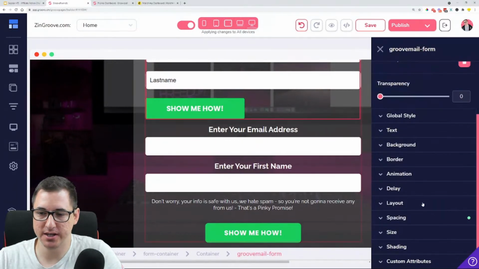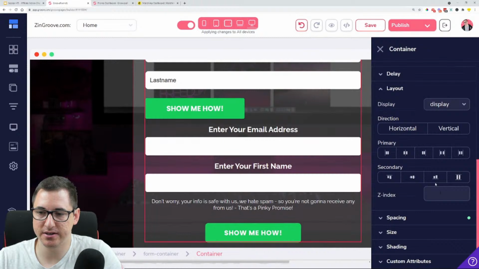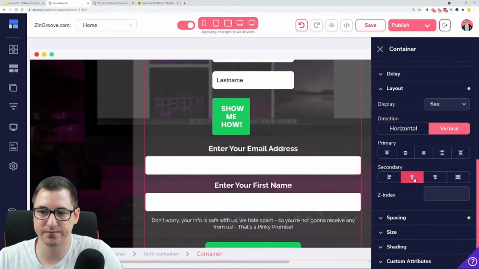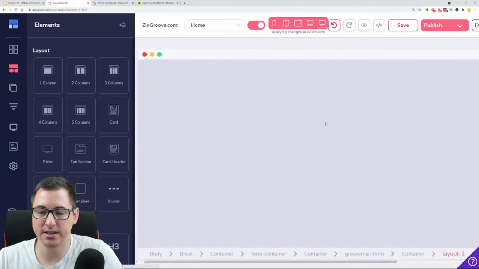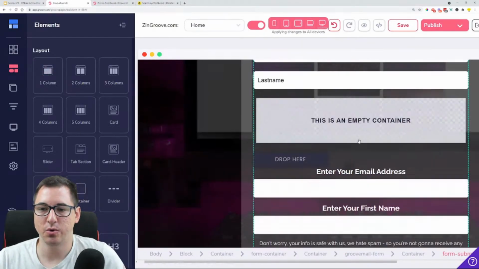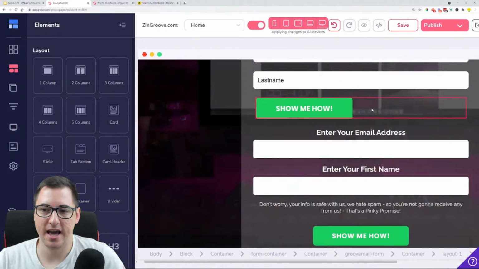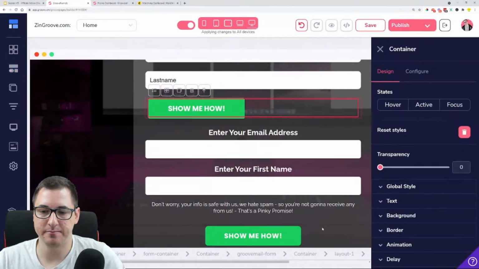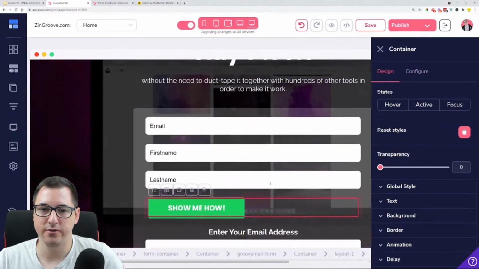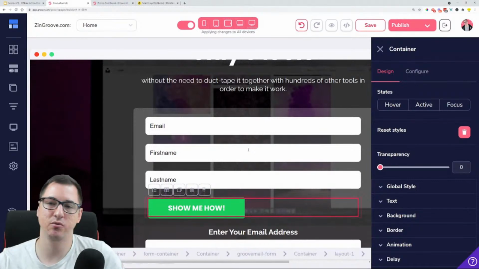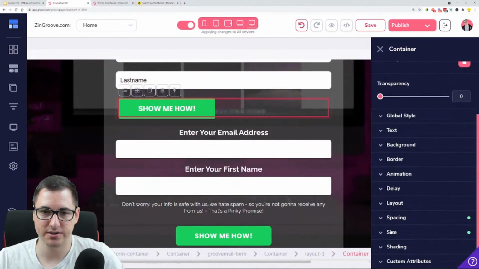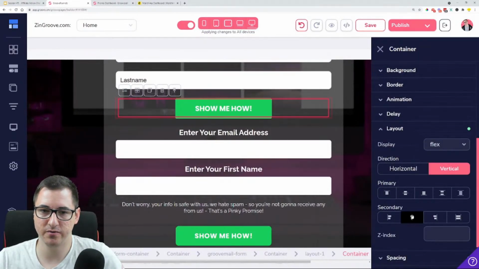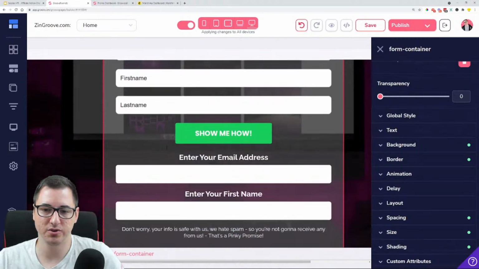And we just need to make sure that it is centered in this container vertically in the middle. That didn't go well. So what I'm going to do is just put this button in a container and then center the container. So what I'm doing just right now, you don't really have to know all of this stuff. If you use integrations, then you can just do that. If you use a Groove Mail form, you could also leave a full width button. I just really wanted to make it like what we had previously here. So let's just see. If we go into layout vertically, there we go. So now I have this almost identical